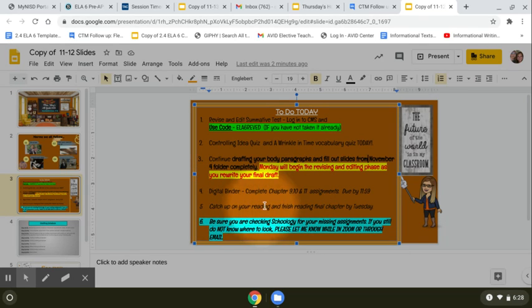Also, utilize this weekend to catch up on your reading. If you are not done with your novel, if you are not completely caught up, please do so, because next week we are going to have a very small culminating activity that you will be working on. And that will be due on Thursday. It's just to wrap up the novel, guys, something kind of fun.